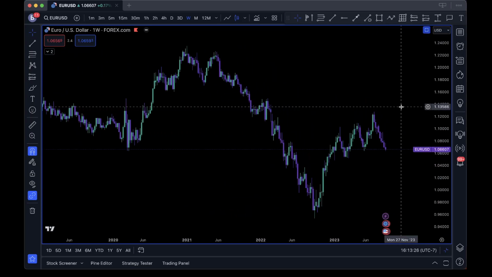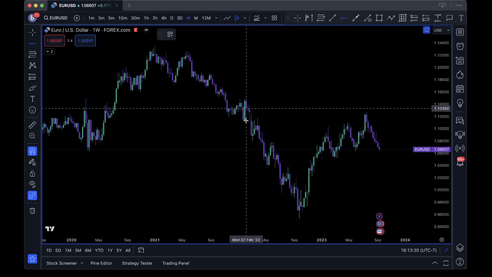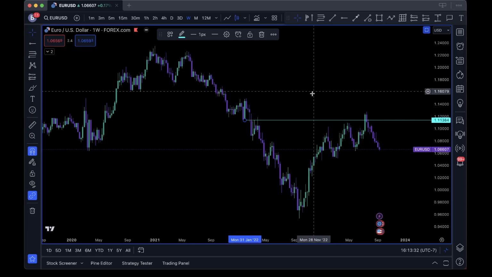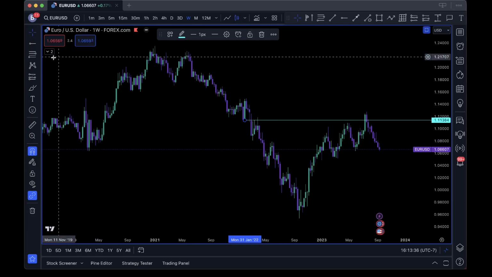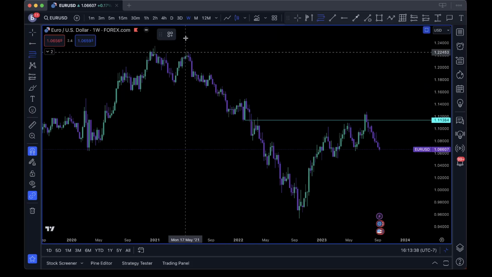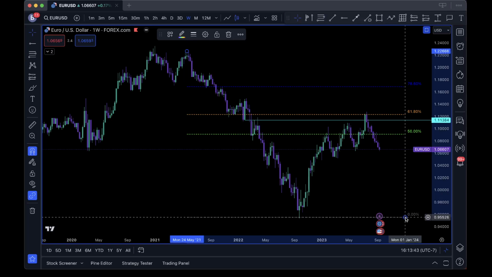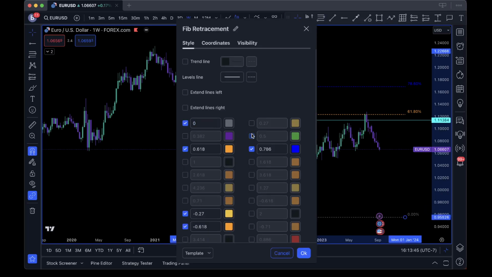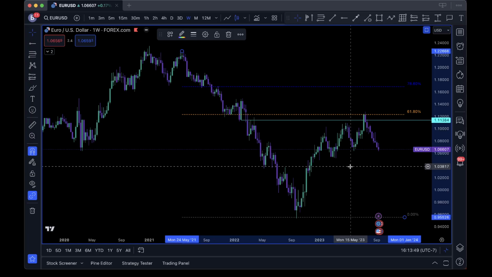Here's what we got for Euro, right? So like I said earlier, we kind of came up into this order block on the weekly time frame. This is also a 61.8, so we're just going to put some stuff back on here to give us a larger frame of reference. Cool. Yep, we were in. We don't need a 50%. So this is kind of OTE territory on a large Euro time frame.